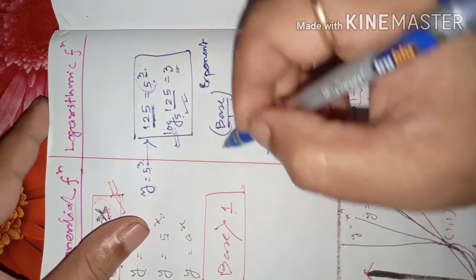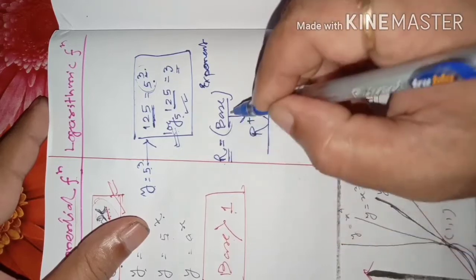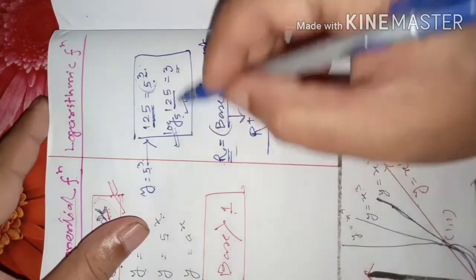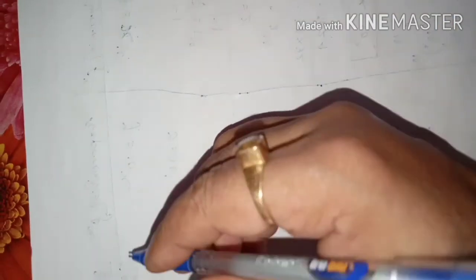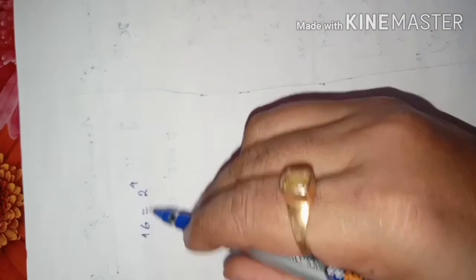When any real number is expressed in this form, that whole thing can also be written in this form. I am explaining to you a little broadly, just you see. To get the feeling of logarithm, let me give you some illustrations. Say 16 can be written as 2 to the power of 4. So this is called the exponential form of 16.